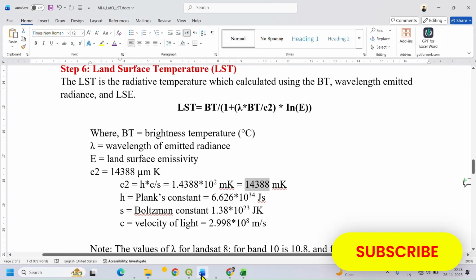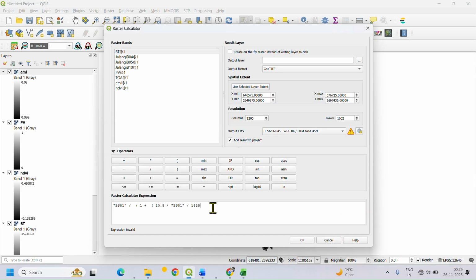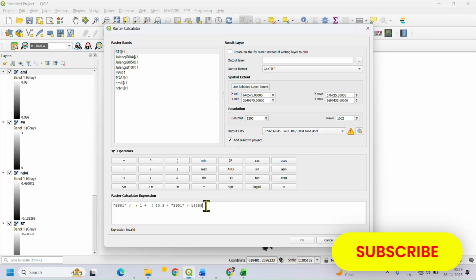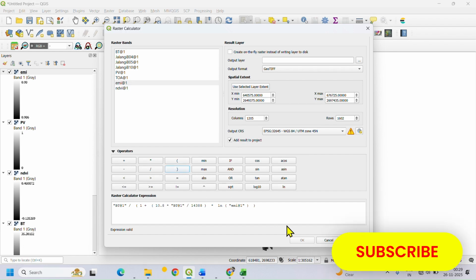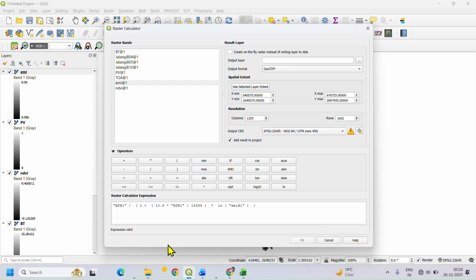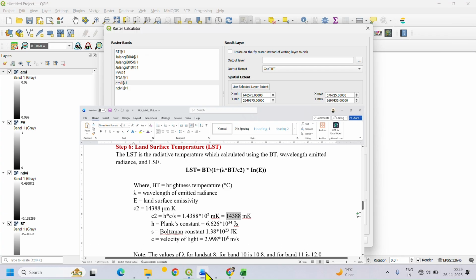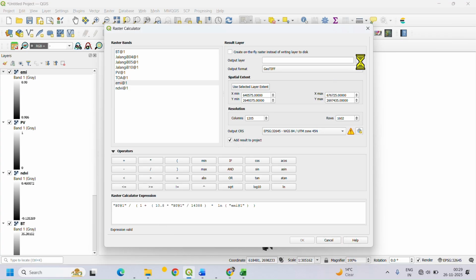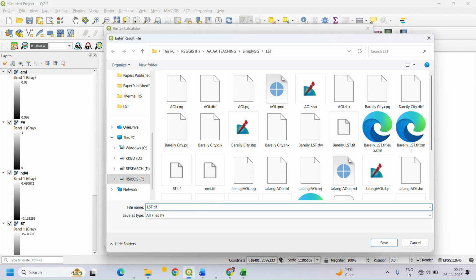As you can see here, C2 value is 14388. So I'm writing 14388, bracket close, multiplied by ln, then emissivity, bracket close, bracket close. So this is the formula. Let's check it. BT divided by C2. Okay, I'm saving it. LST.tif,